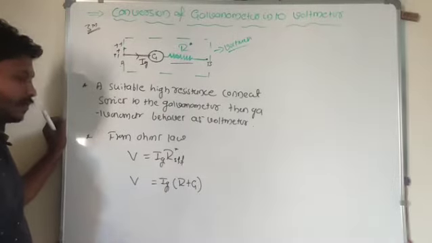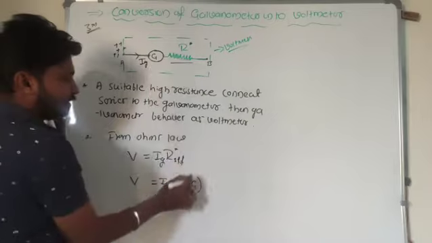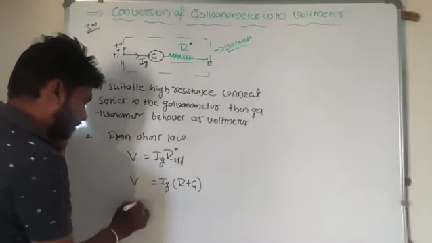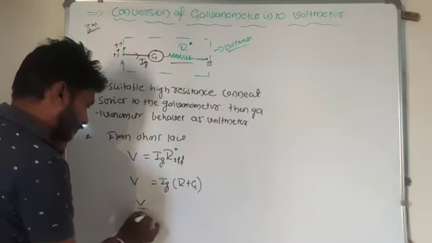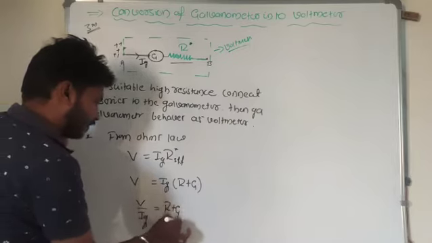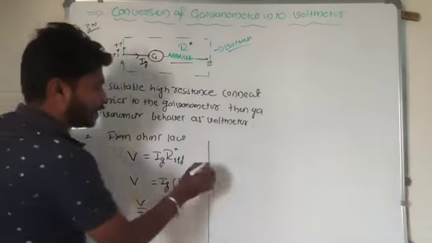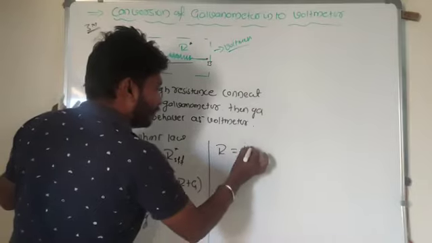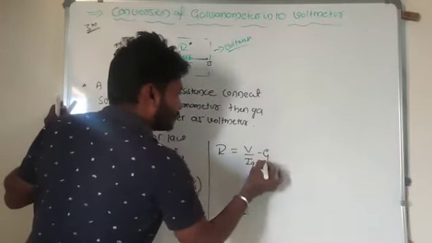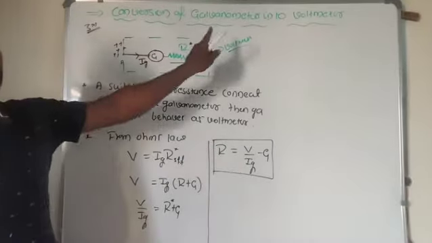What is the connecting formula here? R effective, the effective resistance between A and B, these two are in series combination. That's why I write it as R plus G. If I take Ig to the left side, V divided by Ig is equal to R plus G. I want to find the high resistance value, R, right? R is equal to V divided by Ig minus G. This is the formula to determine the value of the high resistance.